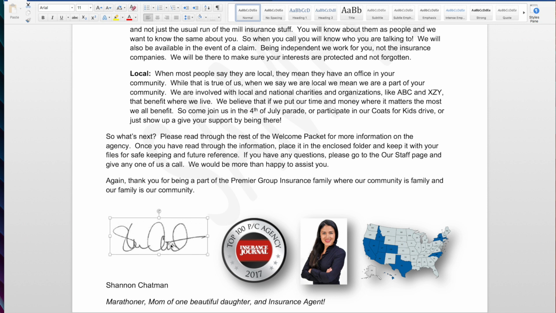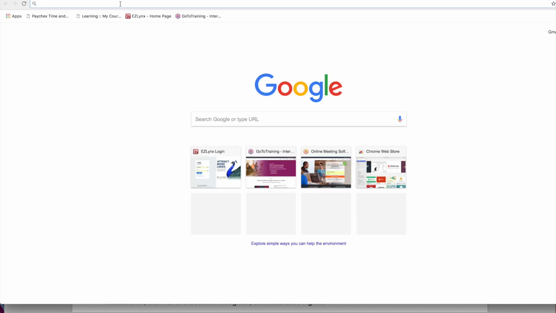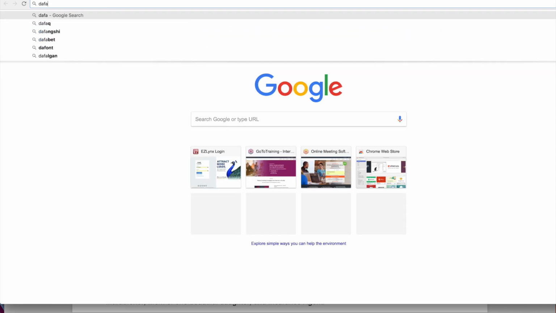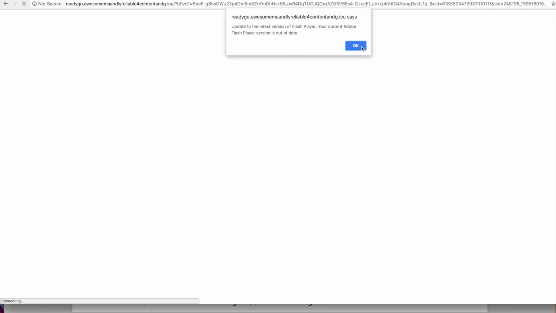Now this is someone's signature that they've actually taken a picture of and signed. You don't necessarily have to do that. You can if you want. If you need help with me showing you how to build out an email signature, you can do a couple of things. So first and foremost, if you go ahead and pull up a new web page document,